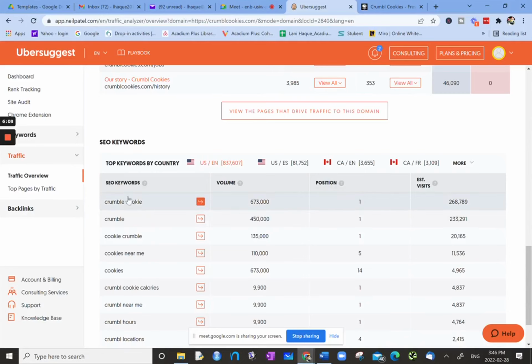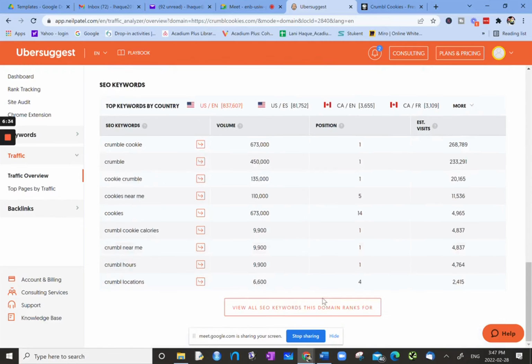So when someone searches Crumble Cookies in Google, that page, the home page for Crumble Cookies, is in position 1. Okay. So then if you look down here, cookies, and we look at the position, it's 14. So that means the URL crumblecookies.com is in position 14 when someone searches for cookies. Okay. Yeah, so they've got a lot of position 1